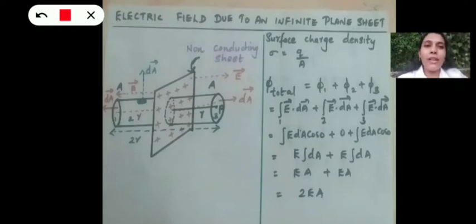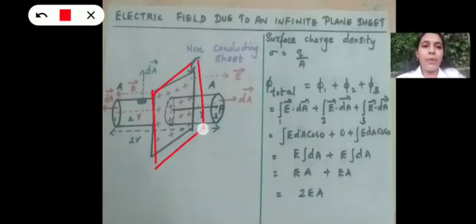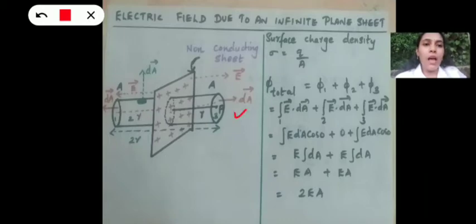Children, let's move on to the next application of Gauss's law, that is the electric field due to an infinite plane sheet. So in the figure, can you see this sheet? This is our plane sheet, and positive charges are uniformly distributed along this plane sheet. We have considered a point P at a distance r from the plane sheet. Due to the symmetry of the sheet, we have considered the same point P on the other side also, which is at the same distance r from the sheet.